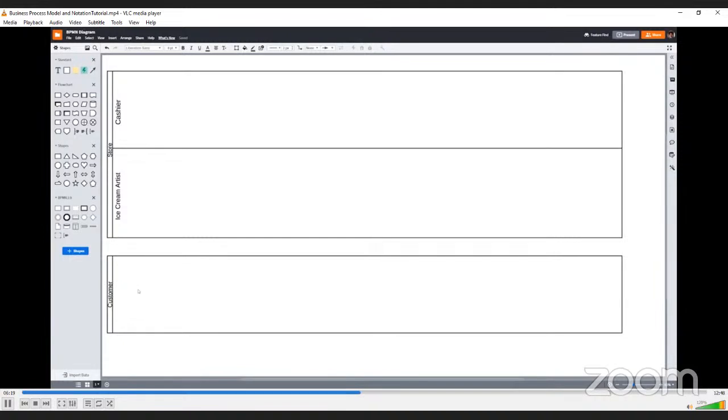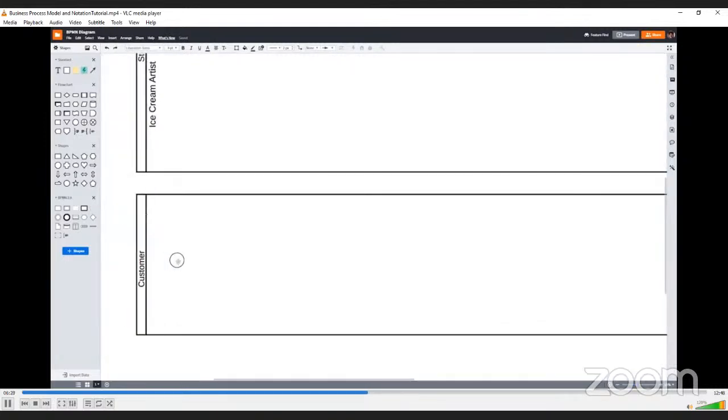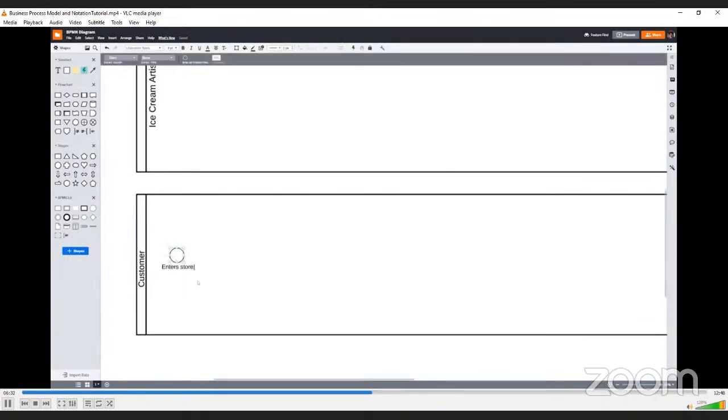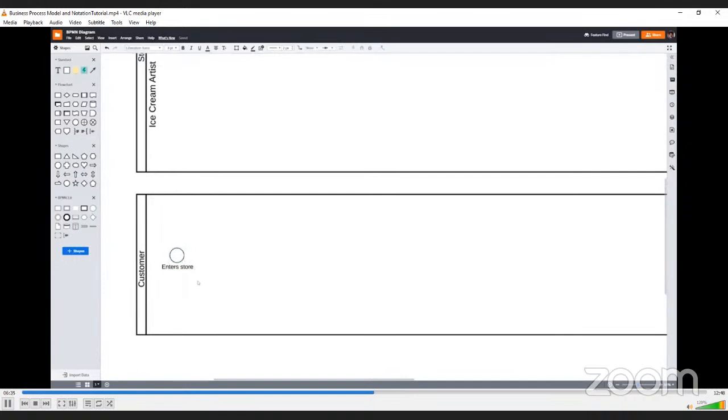As we build this BPMN diagram, these will help us show quickly who's in charge of what tasks. To start documenting our process for buying ice cream, we'll first use a starting event shape. What is the starting event here? For every customer, in order to get ice cream from the shop, they first have to enter the store. Once a customer is in the store, the first thing they'll need to do to continue the process is to